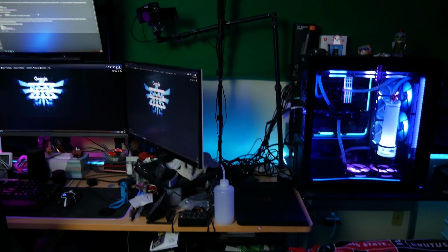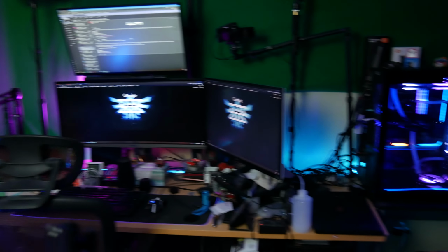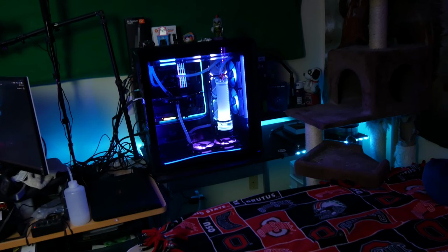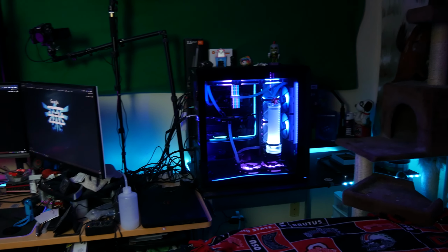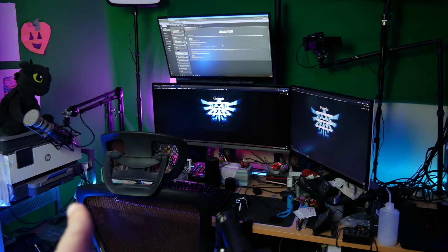And that will allow me to use this space a little bit better. As you can see over there, there's empty space. Over there, there's empty space. We're going to try and make better use of this space for the short term. And so that's kind of the idea. Again, that desk into that corner,